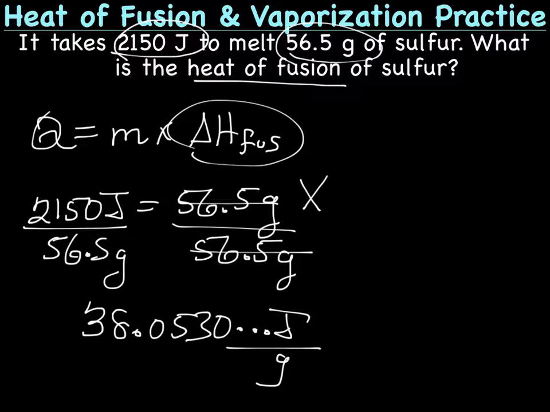And now if we go back and look at sig figs, we have 3 sig figs here and 3 sig figs there, so our answer will have 3 sig figs. So as a final answer, the heat of fusion, the delta H of fusion for sulfur is